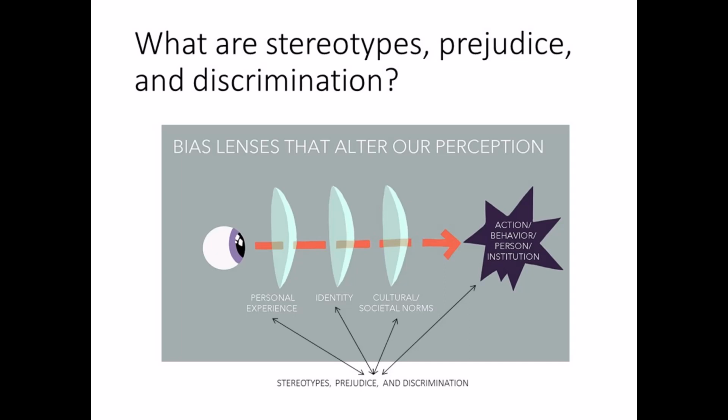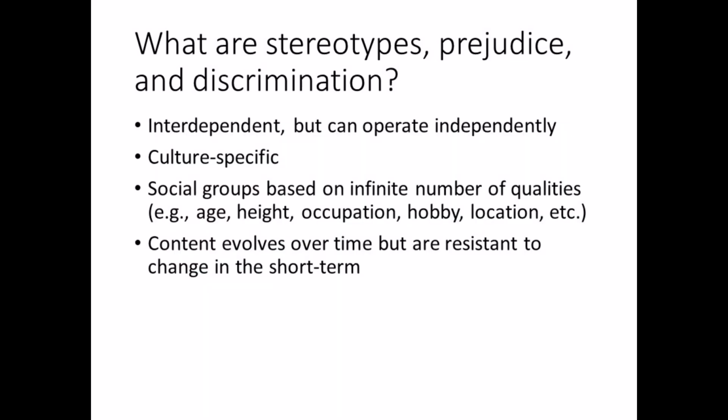Stereotypes, for example, shape our personal experiences, leading us to engage in certain activities but not others. Our personal experiences, in turn, shape our stereotypes, leading us to confirm some beliefs but not others. All three impact us and our interpretation of others' behaviors, both of which then shape our stereotypes and prejudice. All three operate interdependently. That is, stereotypes underlie prejudice and discrimination, and discrimination involves stereotyping and often prejudice. But the three can operate independently. For instance, some people hold undesirable stereotypes, but do not act upon them.